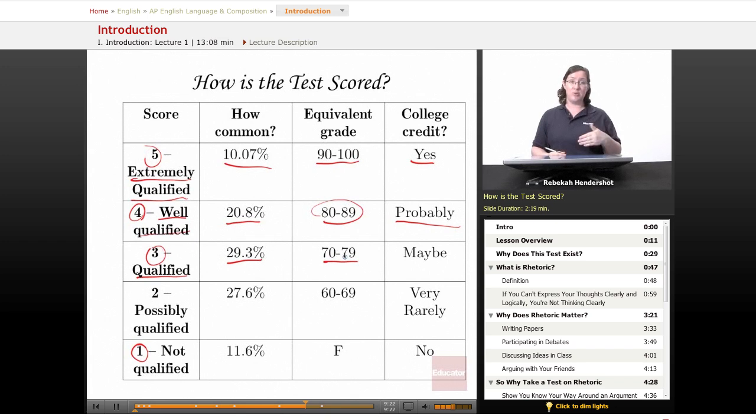Now, if you're an AP student, you probably don't get too many C's, but AP tests are hard. It does happen to about a third of you. And you might get college credit. Kind of a 50-50 chance. Some colleges give you credit for a 3, some say go home.